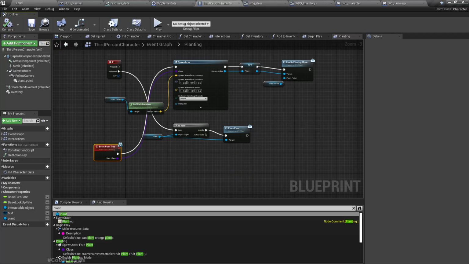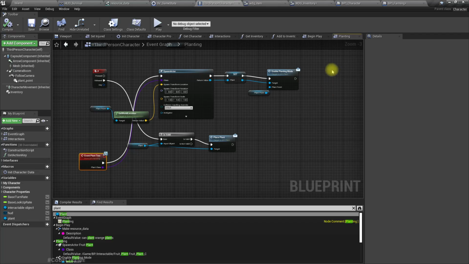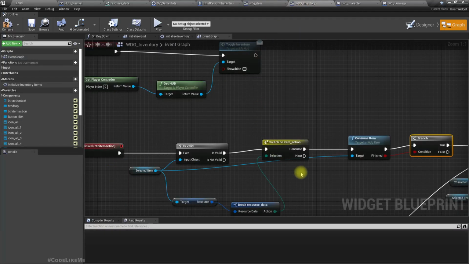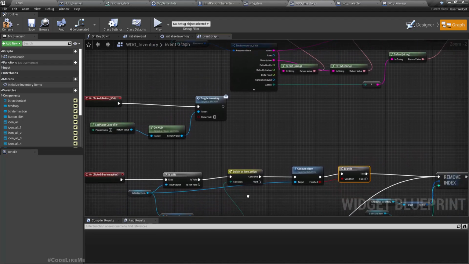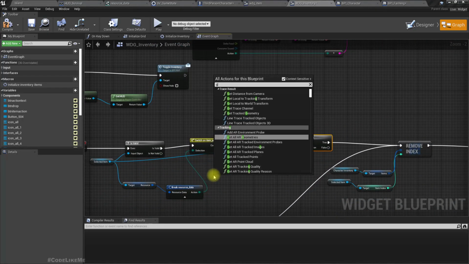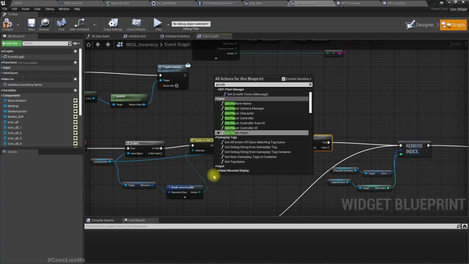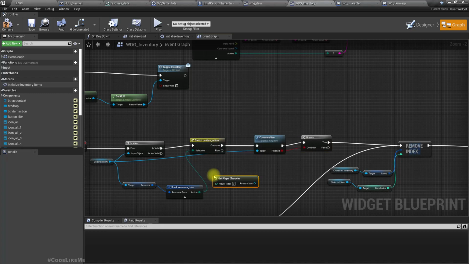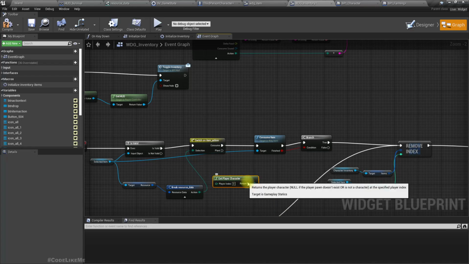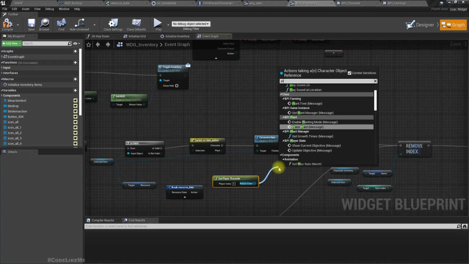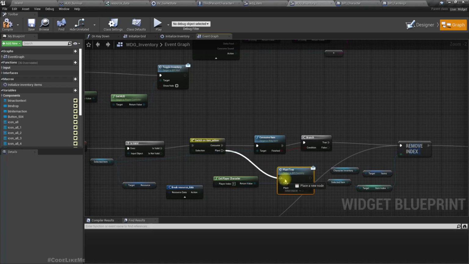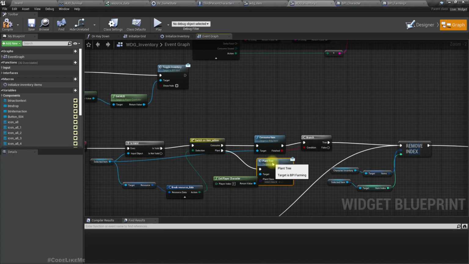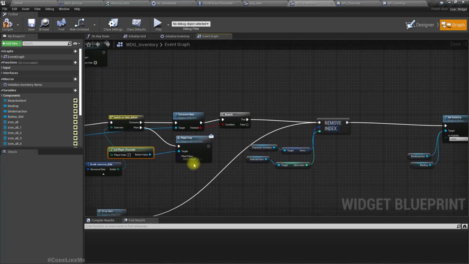So alright, now let's connect. If the action is plant, we can get player character and call plant tree, and as the class,